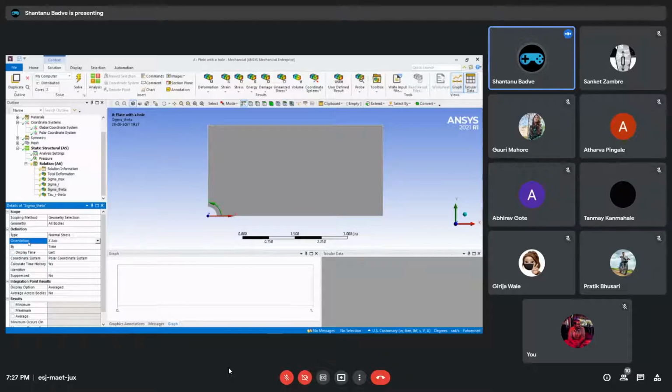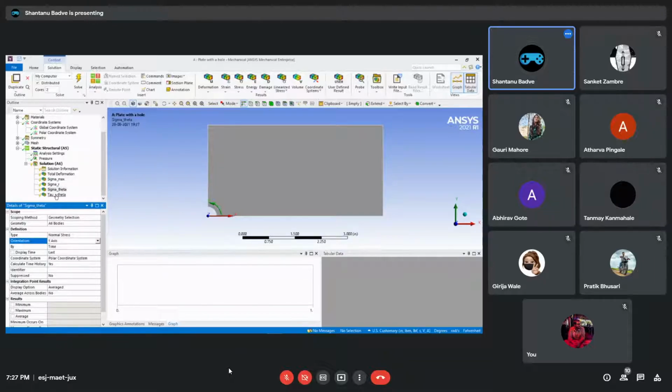And then the other thing is the orientation. As we know from the pre-analysis step, sigma theta is actually orthogonal to the direction in which you are applying the stress. Right now we are applying the stress in the x-axis, but the circumferential stress is also oriented in the x-axis. So we need to change it, and we need to set it to the y-axis, not the z-axis, because we are not dealing with 3D geometry yet. We are only dealing in 2D.